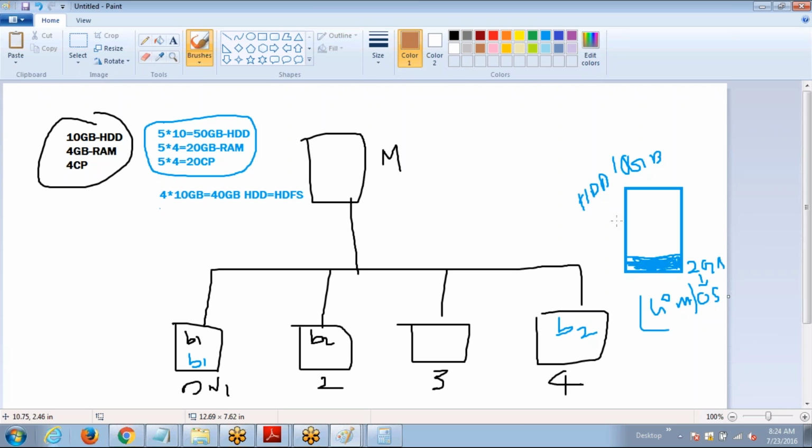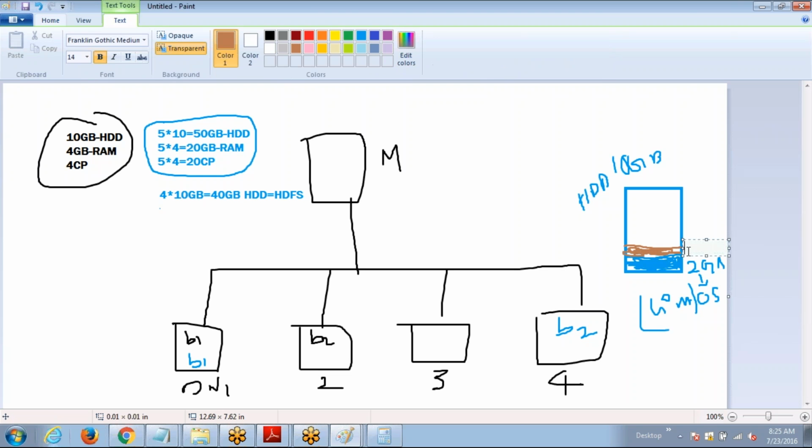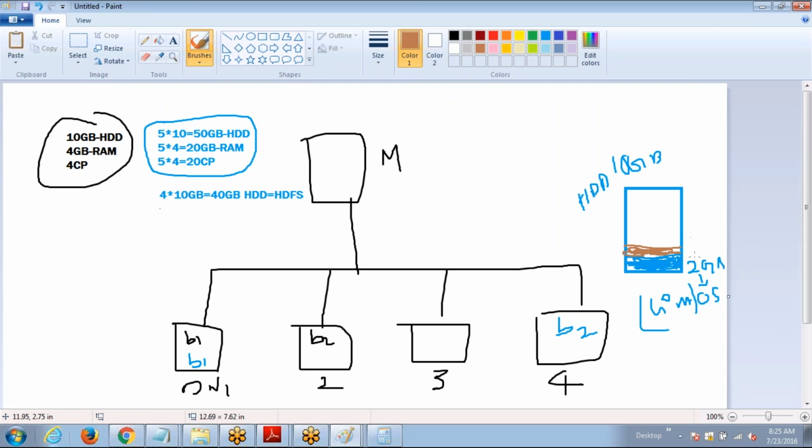Okay, following, right? In order to install your Hadoop software on each computer, it is going to take some amount of space. This space is for your Hadoop framework, your Hadoop software. Probably 1 GB I am going to use for my Hadoop software. Now, out of my 10 GB of hard drive,